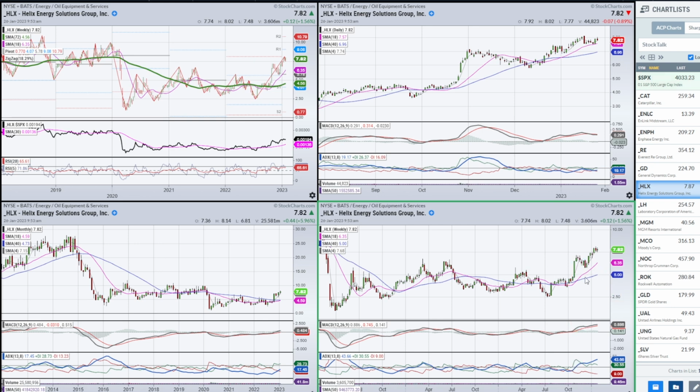And it's a nice orderly pullback for the most part, and you can really see it in the daily chart as this works its way back down and these two lines come together. We have MACD right at 0, and we have low ADX on this time frame. So